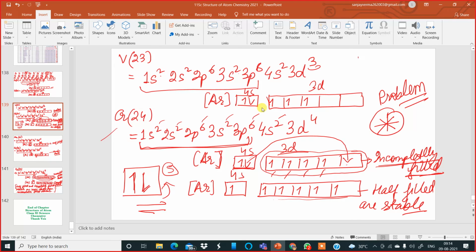Some textbooks will follow like this, and that is also taken as correct. But don't follow this. I request you all to follow what I have taught you just now: orbital containing electrons with opposite spin, this way. Am I clear, my voice?